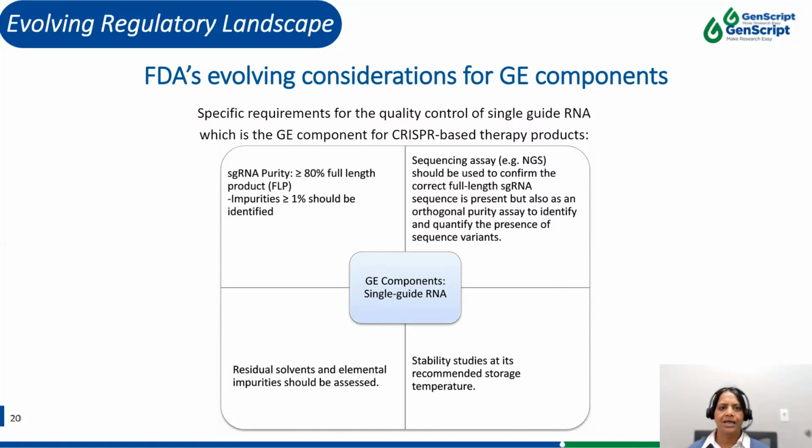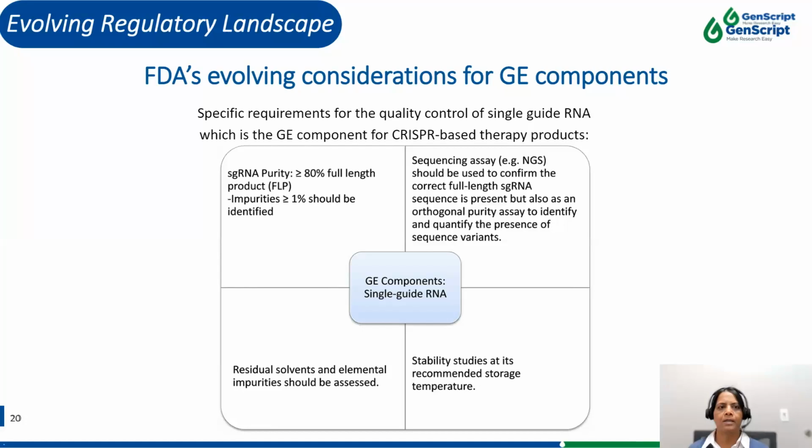Let's take single guide RNA as an example to better understand this. The FDA updated requirement now specifies that purity level of full length product must be at least 80%. It is also crucial to identify and control any impurity that may be present. In terms of purity, any impurity greater than 0.1% must be identified. Additionally, for sequence confirmation, NGS is recommended as the identification method to ensure the correct full length sgRNA sequence